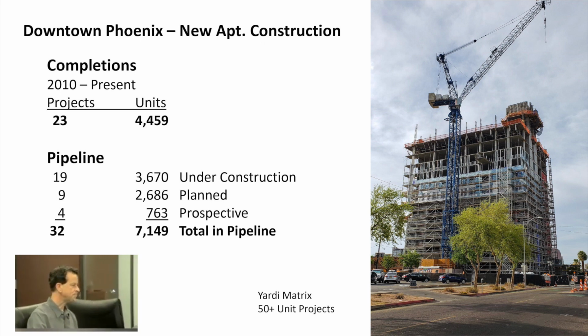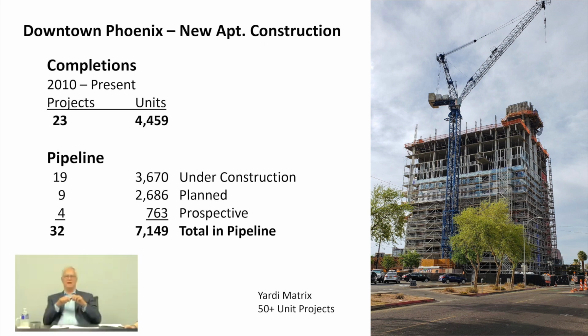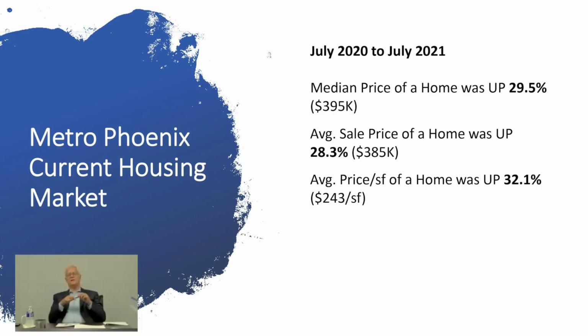The other quote that we saw from Christine Mackey, the Economic Development Director for the City of Phoenix, a great gal, said in a comment also that 10 years ago, she would have never thought there'd be so many people that were going to live and work downtown. So again, it's not only the apartment market that is doing great, but also the housing market, and everybody that's in Phoenix